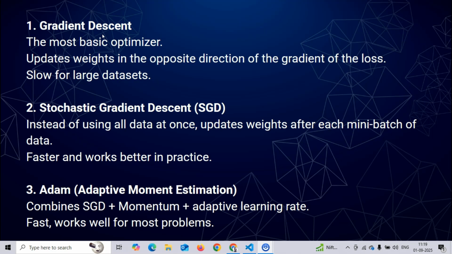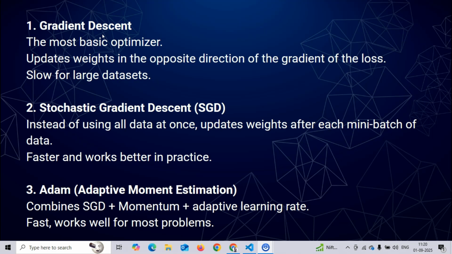Even if I know that for a prediction from an ML model I got a prediction of 2,50,000 and my loss is 50,000, I know that I need to increase my weight because I need a higher value of prediction. So automatically I will increase the weight. But what if the predicted value is 3,50,000 and your true value is 3 lakh? So it's a negative loss, which is negative 50,000. In that scenario, I will decrease my weight and make sure my predicted value is smaller. So that's how the basic optimizer works in gradient descent. It will always update the weight in the opposite direction of your loss.